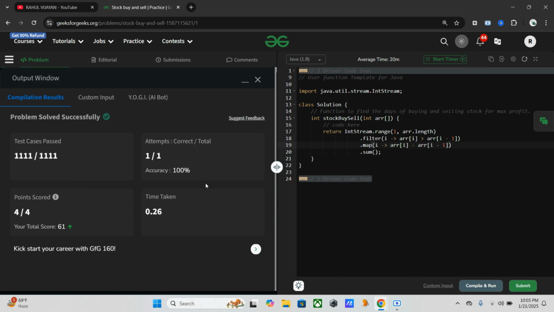Yeah, it's working. So that's it for today's video. We have covered how to solve the maximum profit problem using multiple transactions, and I hope this approach helps you